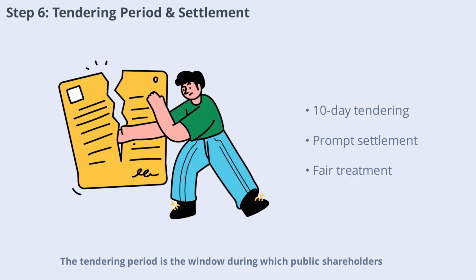Tendering period is the window during which public shareholders can tender their shares for acceptance under the open offer. This period lasts for 10 working days. Settlement payment for shares validly tendered follows the close of the tendering period. The acquirer must complete payment within a prescribed period, ensuring prompt and fair treatment of shareholders who participate in the